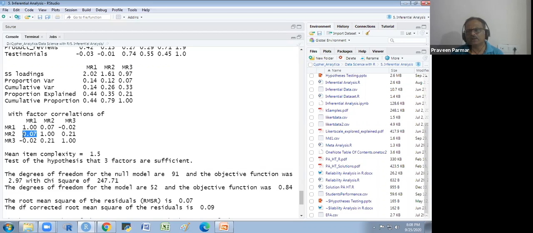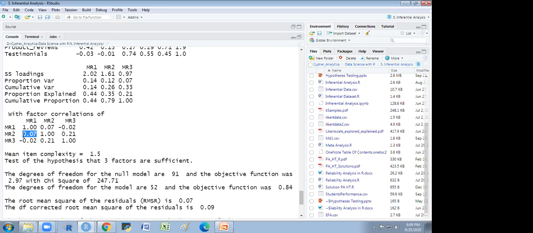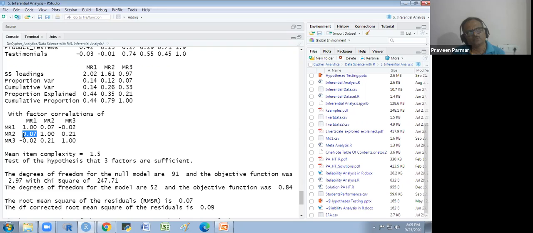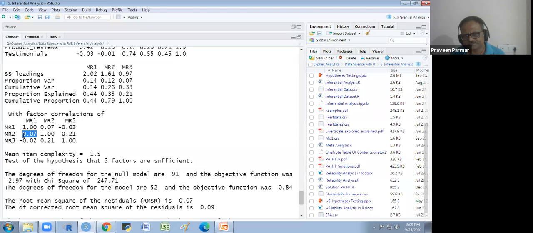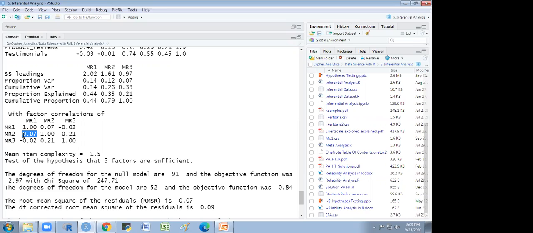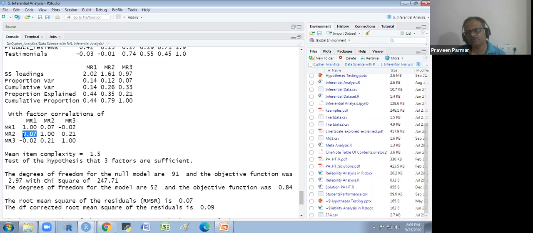If you have 12, 13, 15 questions, there is no requirement of principal components. There is a requirement of factor analysis. If you have taken 25 questions and you want to group them into different factors, then you can take the factor loadings and use factor analysis. Factor analysis belongs to inferential analysis, and PCA is basically the machine learning part. We use PCA in machine learning. Some people sometimes use it in inferential analysis, but not usually.